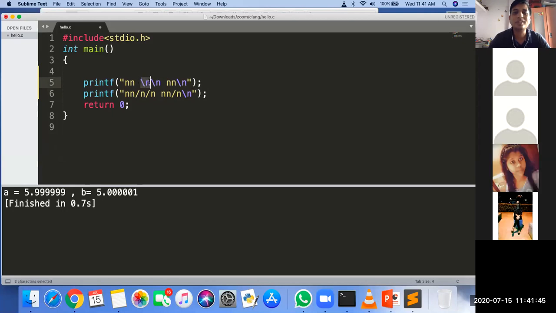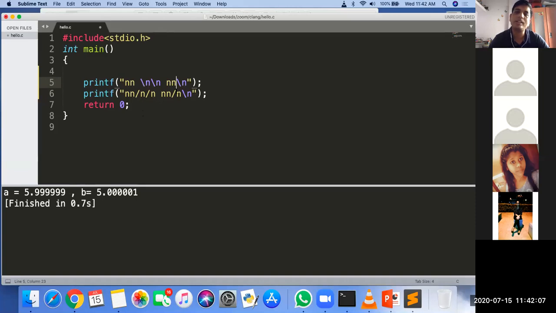Forward slash n is your new line. So the new line character is in a different color here. So you easily get the answer: n n, and after that 2 enters, n n n, and then 1 enter, and then n n.